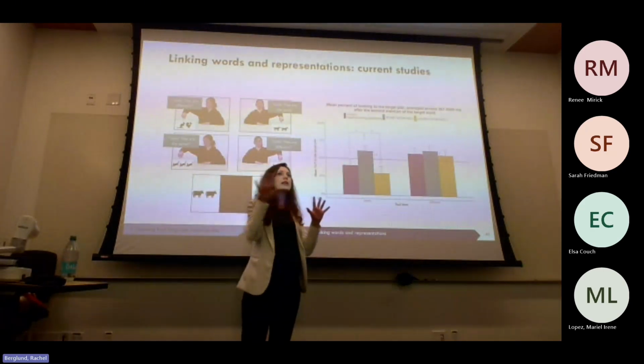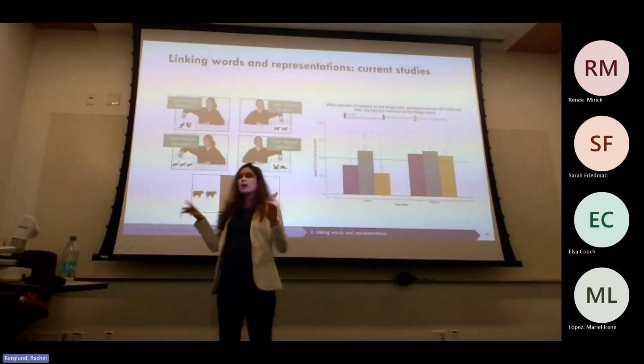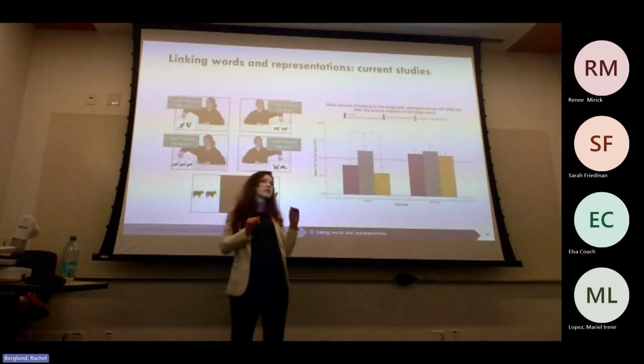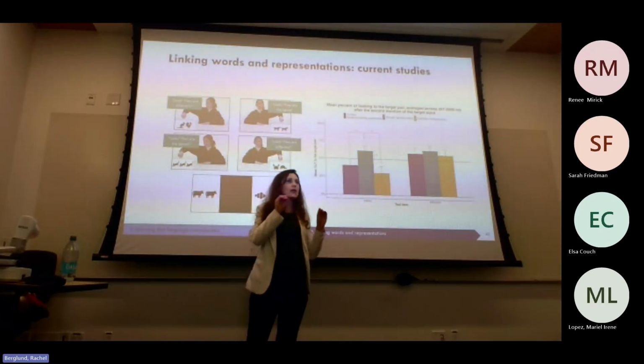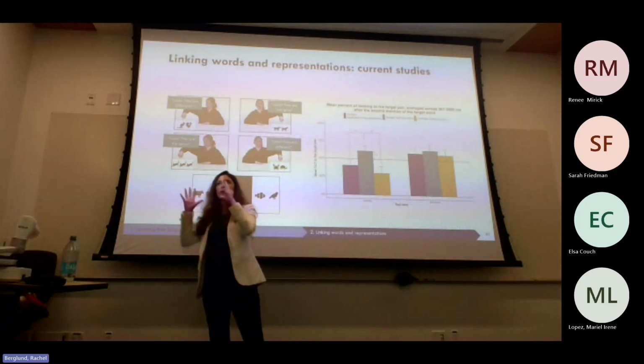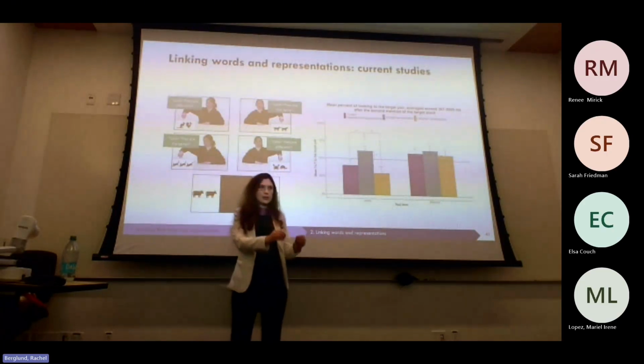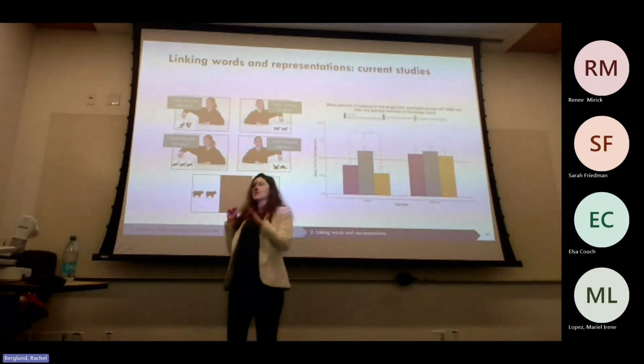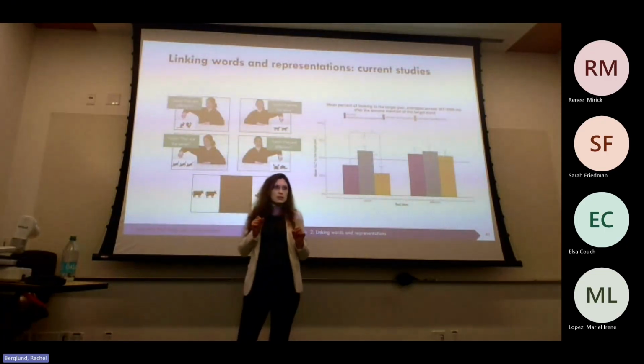Previously, we've known that by age 3, children can do that. What I'm showing here is that between 15 and 18 months, we can already achieve that. But it requires very careful curation of what we show and how we label it. Now, why does this matter? Well, it matters because